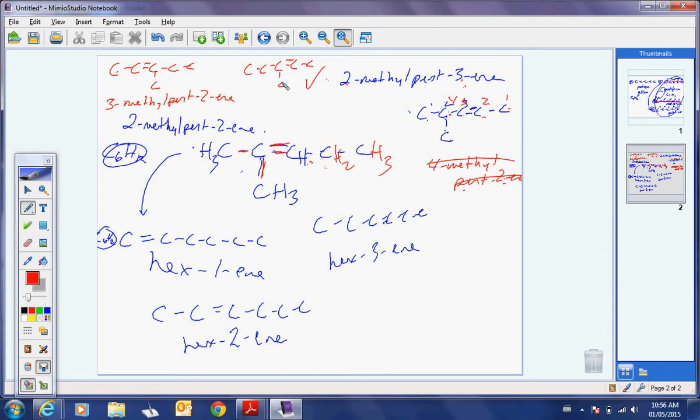Devin first and then Evan? Isn't that the same? Like if you just flip it, the one that you just put a check mark beside? This is 1, 2, pent 2-ene, 3-methyl. Yes, it is. Yeah. I just meant to put the 4. I think I meant to put 4.